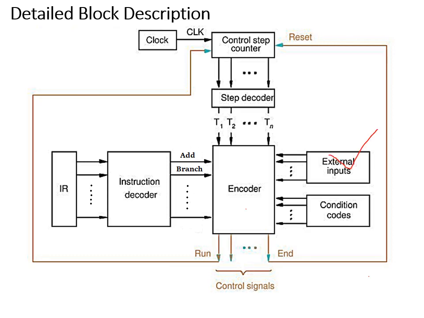Some external inputs are there, and condition codes are there. We know all these things are needed because during execution of instructions we require external inputs from various different input devices. That also will be there, and the encoder is also connected to condition codes, the flags, because flags are used during execution of instructions for various purposes. I have done a separate video on flags, maybe in the second or third module. It is very important. Go on and try to understand why condition codes are required to execute a particular instruction.